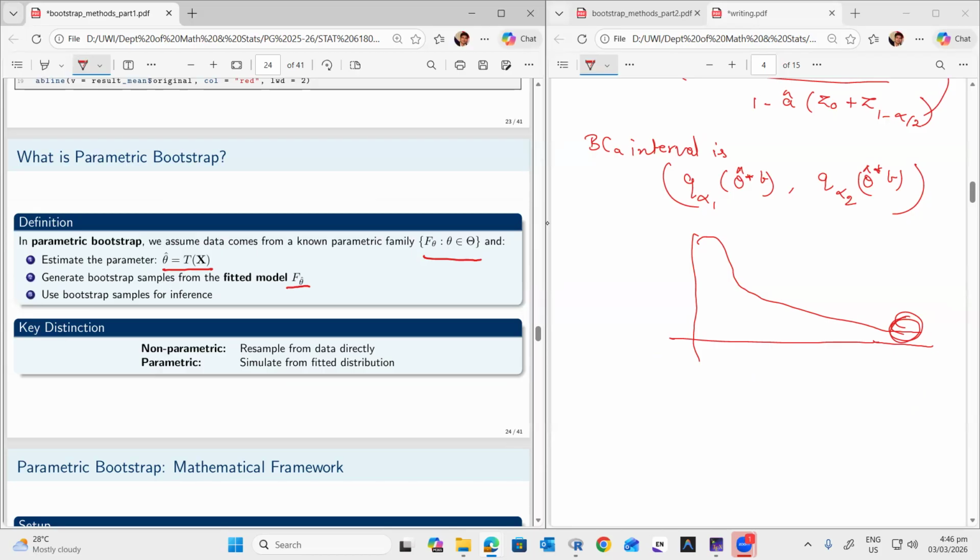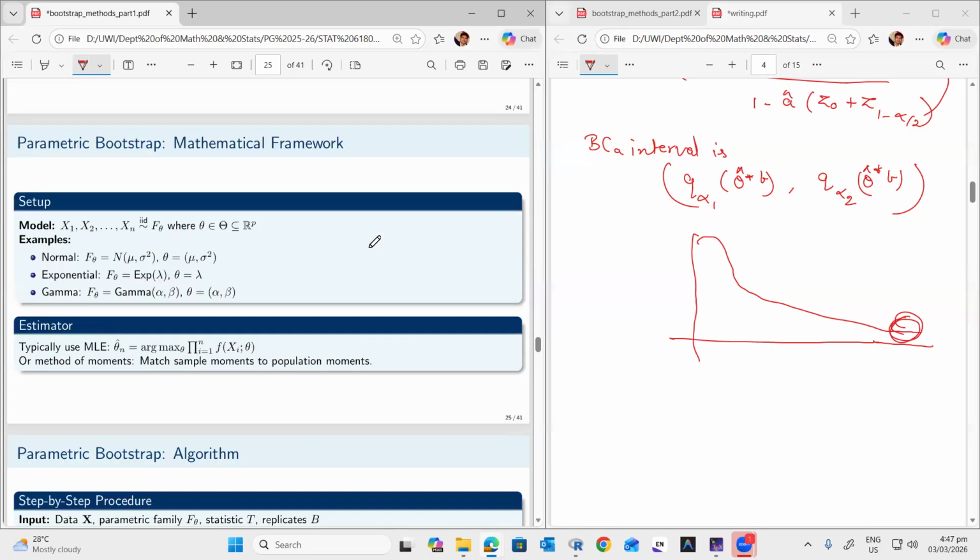Non-parametric and parametric. In non-parametric, we resample from the data directly that is given. All right, and in the parametric inference, what we usually do, we just simulate the data from the fitted distribution. All right. So what is the mathematical framework here? So